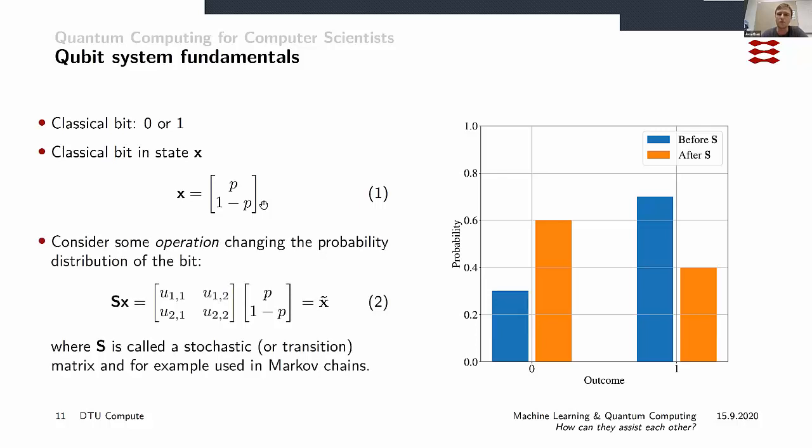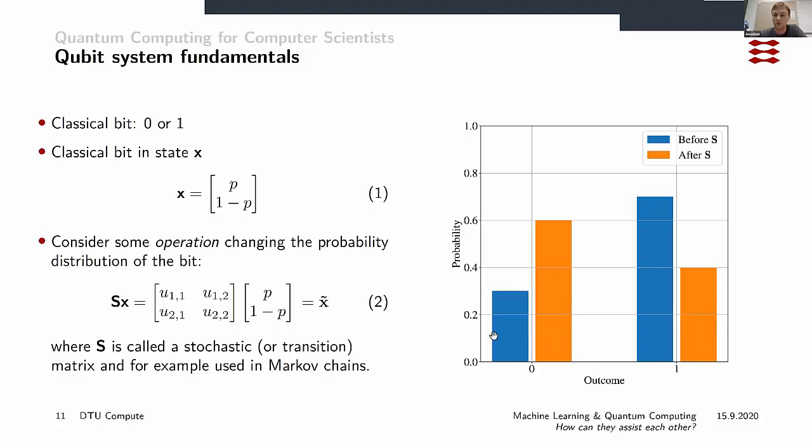Now let's imagine that we could do some sort of operation on this coin. Let's imagine that we can, for example, stretch it in certain directions such that we change the probability of it landing on heads or tails. Strictly mathematically speaking, this can be done by taking this probability distribution x right here, and then applying what's called a stochastic matrix on that x. It essentially just means that we rotate x, right? We generate a new x tilde from the original x and the transition matrix.